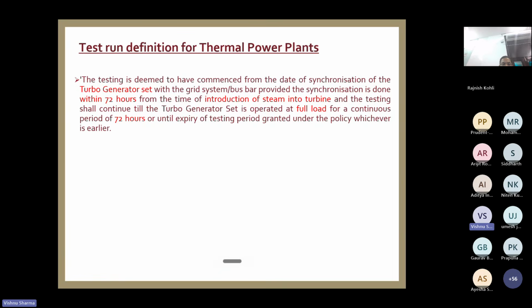अब आपको 72 घंटे कंटिन्यूअस चलाना है from that time synchronization से. If you fail, तो अब टेस्टिंग पीरियड आपने 3 महीने का लिया है, तो टेस्टिंग पीरियड का मीटर चालू हो गया from the time of synchronization with the grid. और अगर 72 घंटे में नहीं किया, then it will be taken from the time of injection of steam into the turbine. वो 8 दिन लगे मान लीजिए, तो 8 दिन भी आपका टेस्टिंग पीरियड में काउंट हो जाएगा. तो there are 2 steps. एक तो मैंने बोला 72 घंटे में सिंक्रोनाइजेशन होना चाहिए. दूसरा ये है,